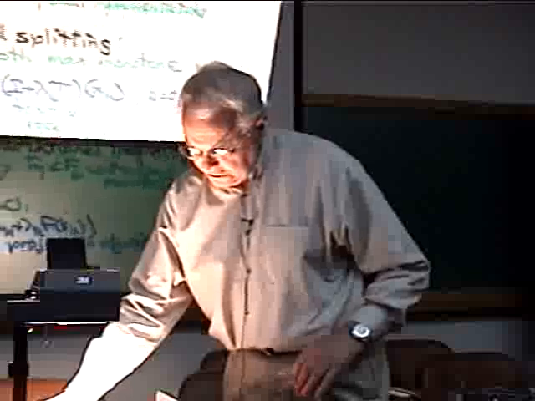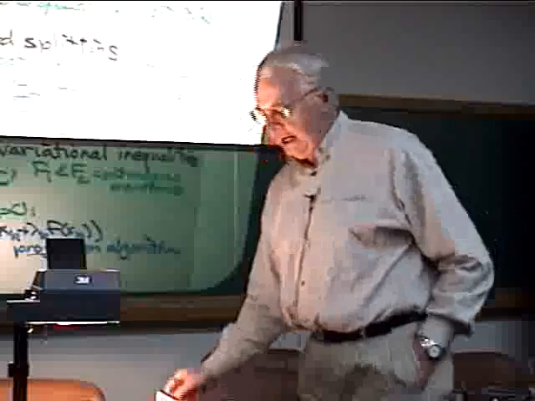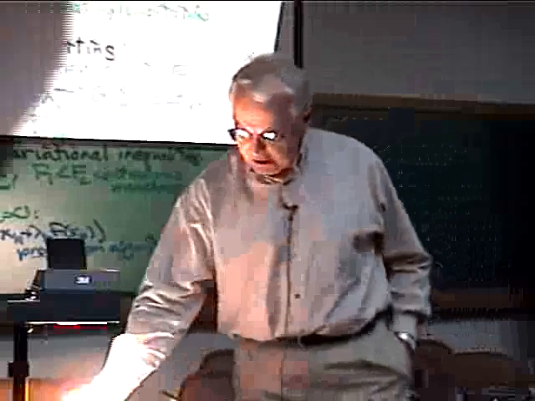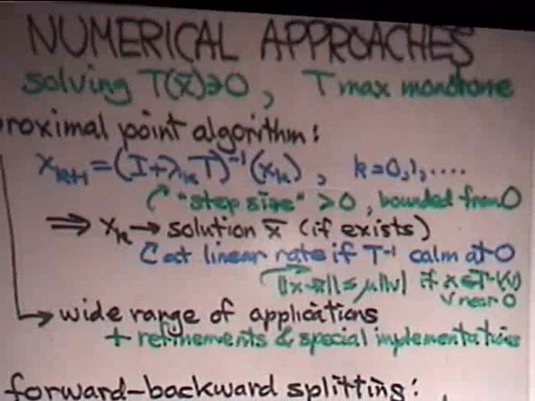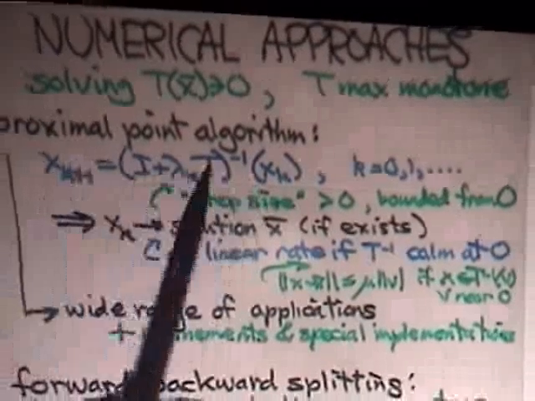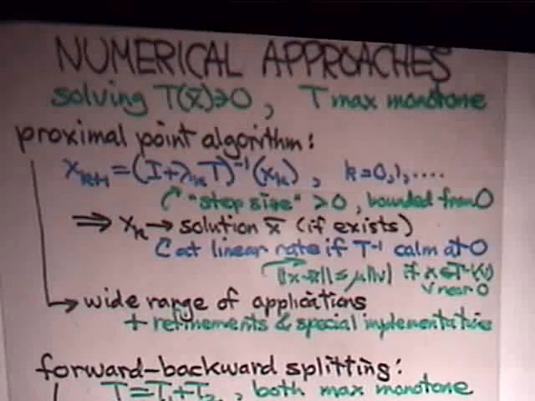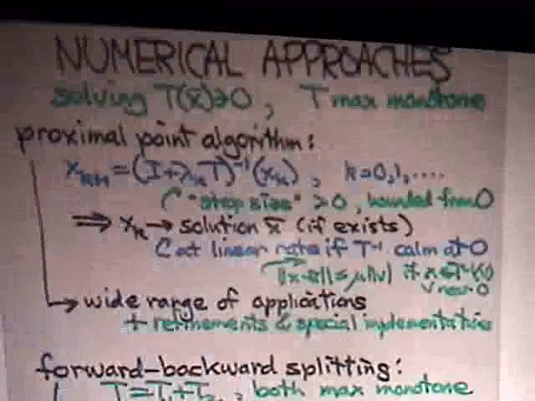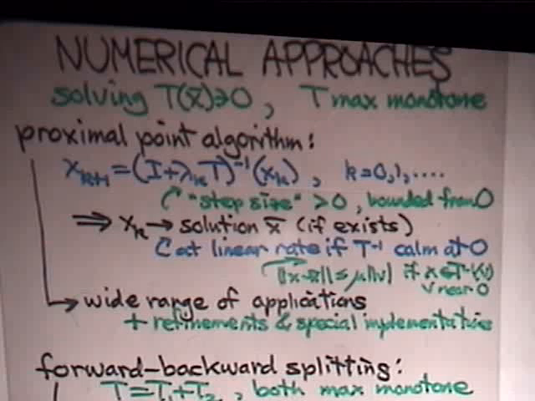So now to finish, all I can do is mention some numerical approaches that depend on this. And this is one of the areas in which people at IMPA have been especially active. So you want to solve a generalized equation, and there are many important cases where it's maximal monotone. One kind of approach you can take is called the proximal point algorithm, where you generate iterations through resolvents. The parameter in the resolvent becomes the numerical step size, and it can vary from iteration to iteration. You form a sequence, and under very simple assumptions, the sequence will converge to a solution to the problem.